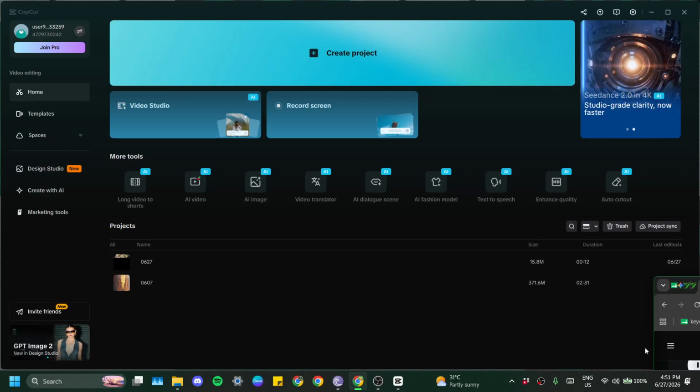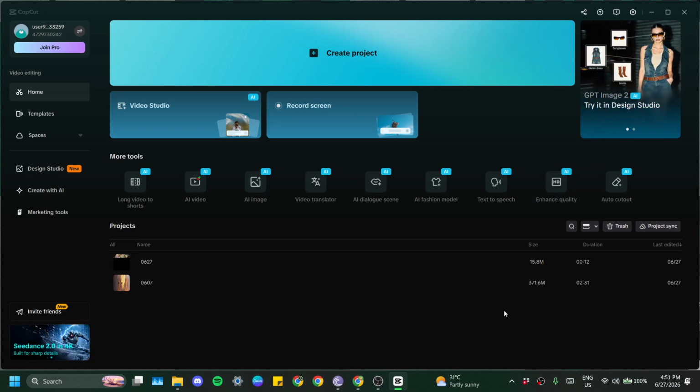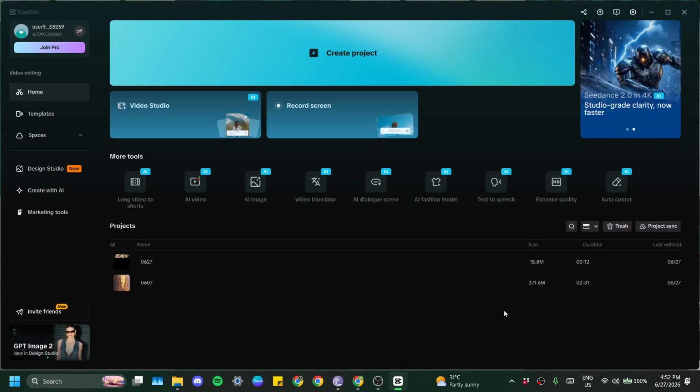In today's video, I'm going to teach you how to create the camera photo dump video trend on CapCut PC using templates. If you want that viral, high-energy camera photo dump look without spending a long time manually cutting, arranging, and timing every single image, this is one of the easiest ways to do it. CapCut's built-in templates can handle most of the heavy lifting for you, which makes the process faster and much more